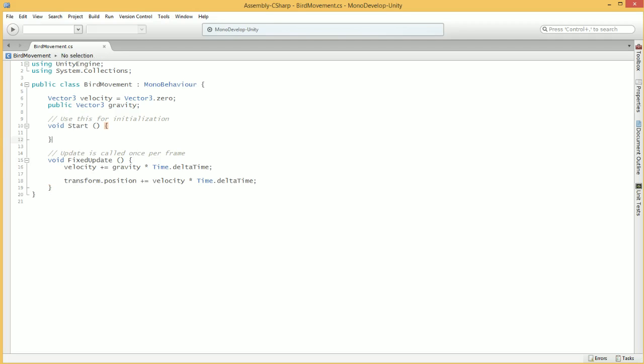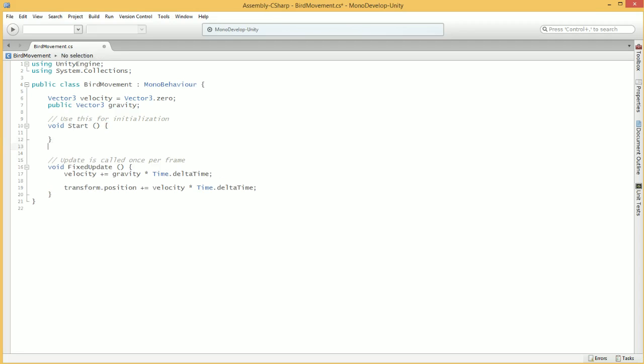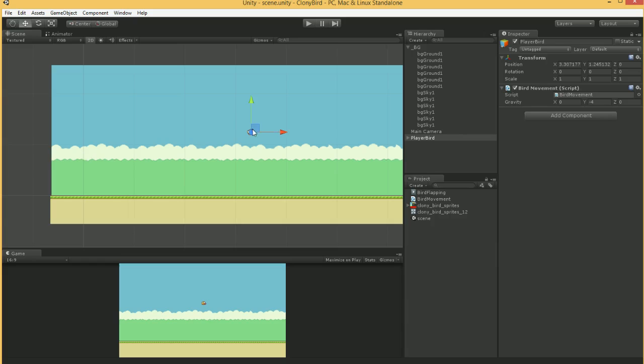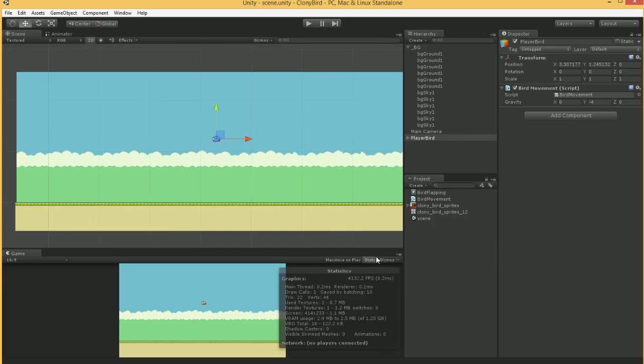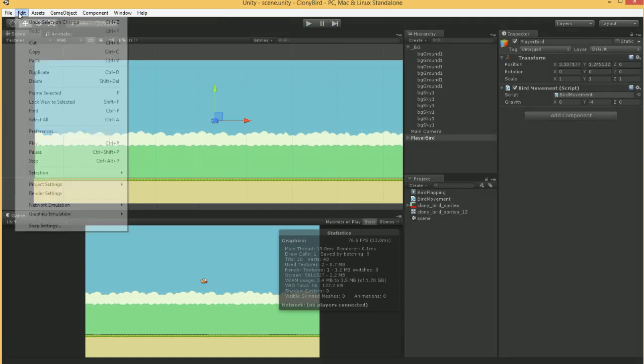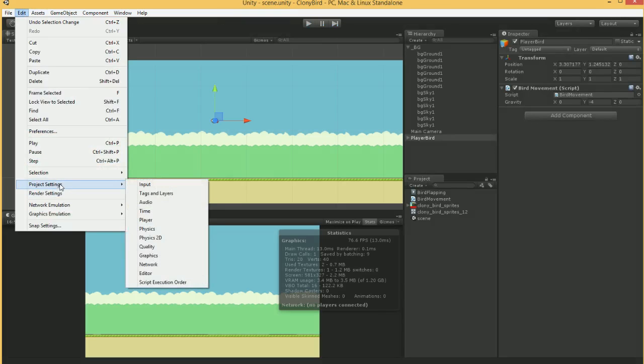The second thing we want to do is compute whether we have flapped this frame. Now, I'm actually a fan of splitting the inputs and the outputs. The reason is, we're going to try to see if the keyboard was pushed this frame. The problem is, if I open up the stats here and I hit play, let's see what our FPS looks like. Okay, it looks like right now, because of our graphic settings, we are currently